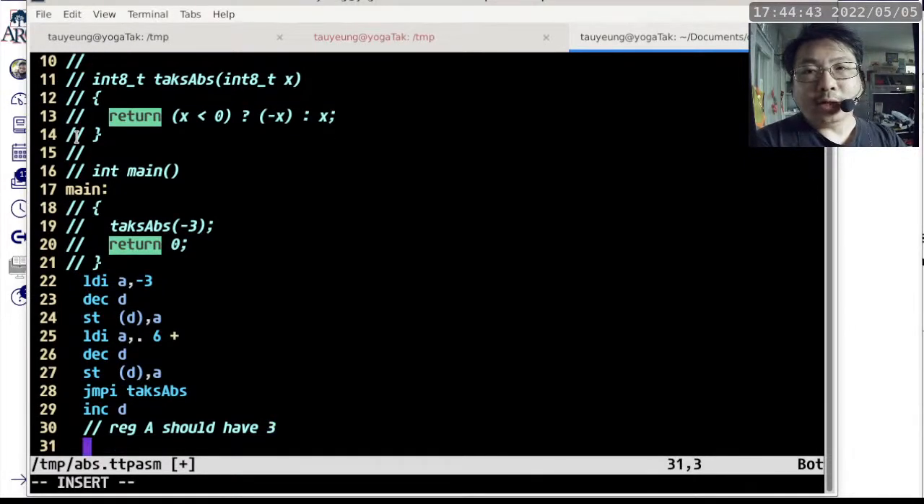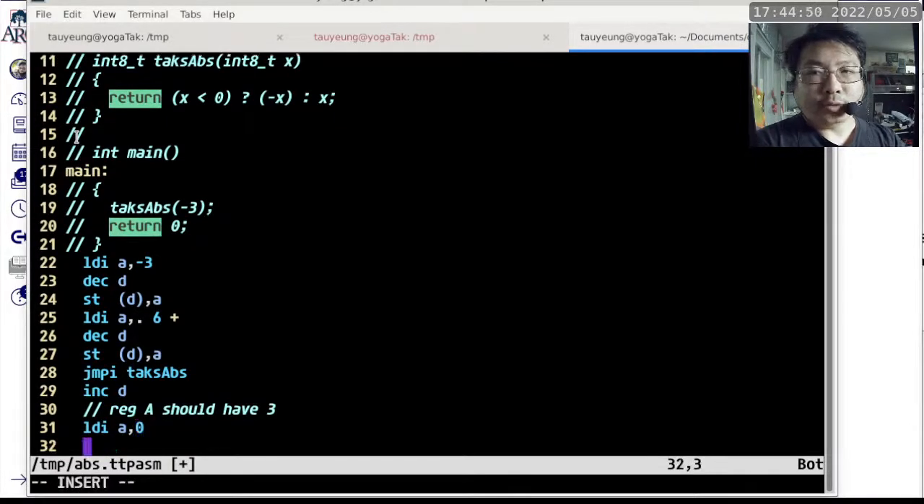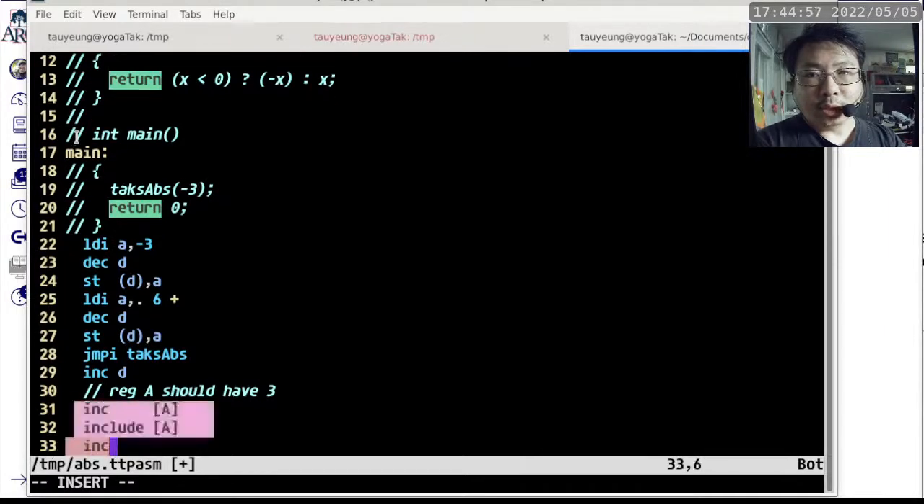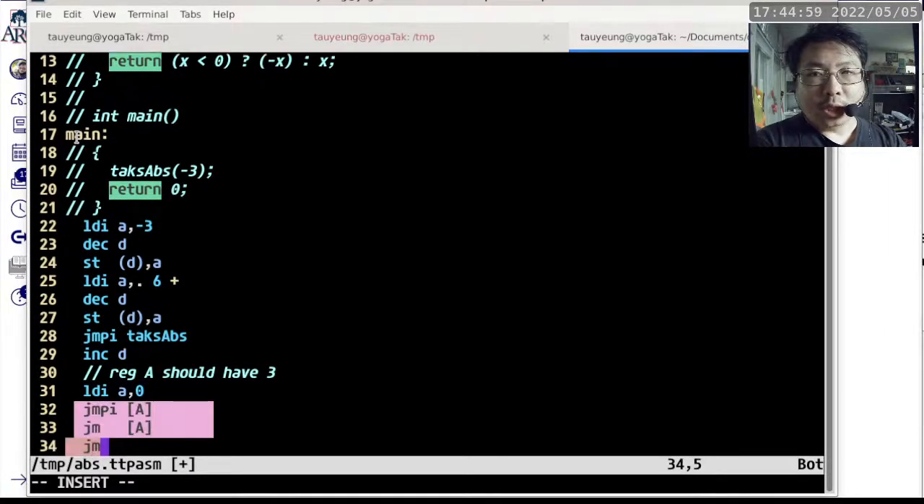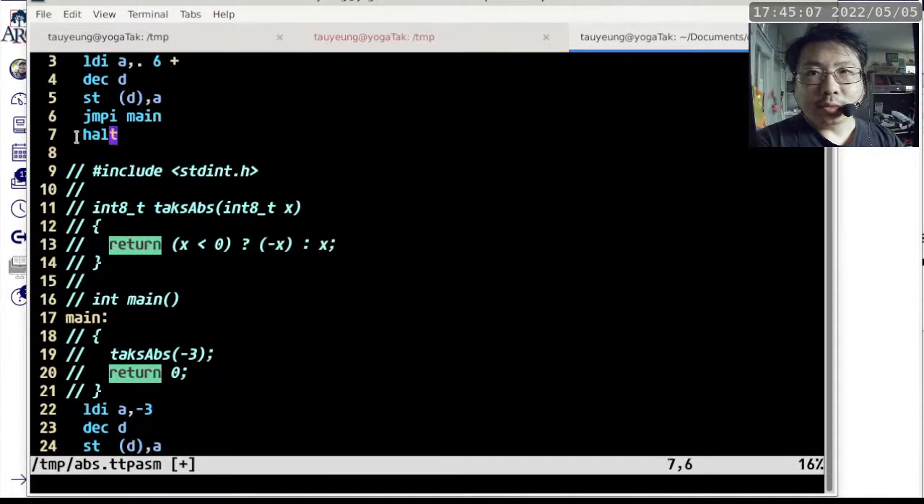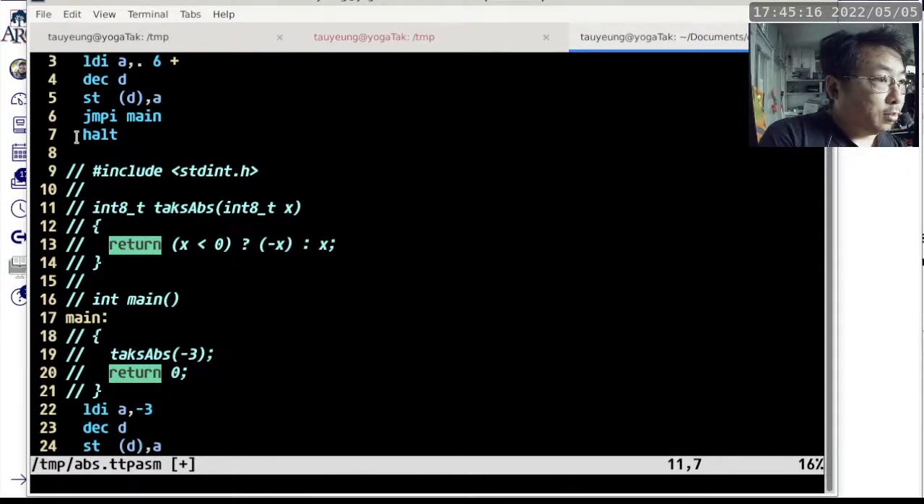And then after that, main has to do its own return. So we set up register A to be 0 before we use the usual 3 instructions to get back to the caller, which is LDBD, increment D, and then JMP B. There we go. All right, so now we have to go back to here, which is the main point of this sample program, to illustrate the answer to Omer's question, which is